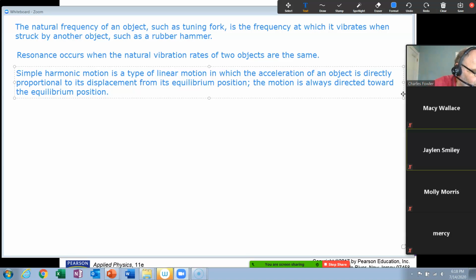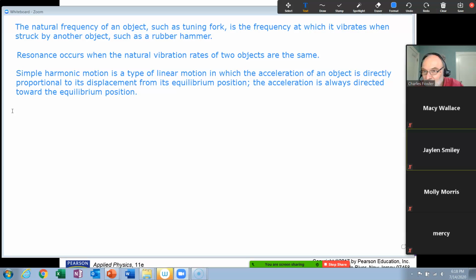I wish they had done that. In fact, I think I'm going to correct that and put acceleration. Okay. It's always directed toward the equilibrium position. Now, if some of these terms that I'm going to type now sound familiar, they should. We measure things using the same type terminology. The displacement